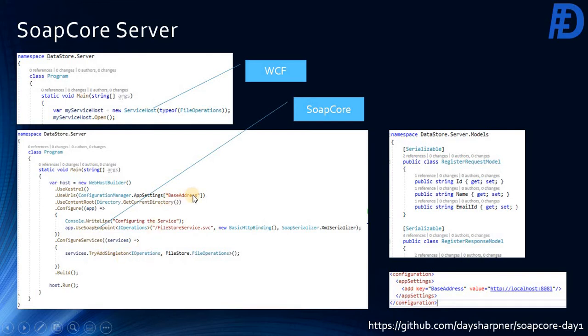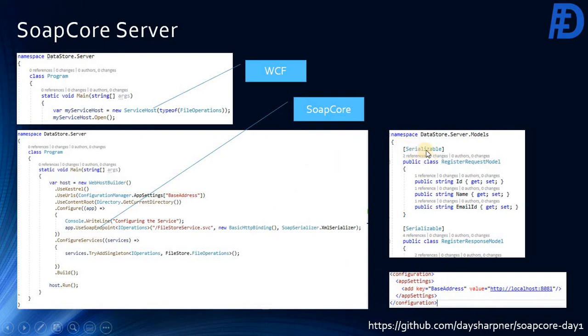The base address is configured in the application, though you can give the base address directly; it is not necessary to have it in the application config. Here the endpoint is specified as file store service.svc. So this is your SOAP core service, which is running on port 8081.